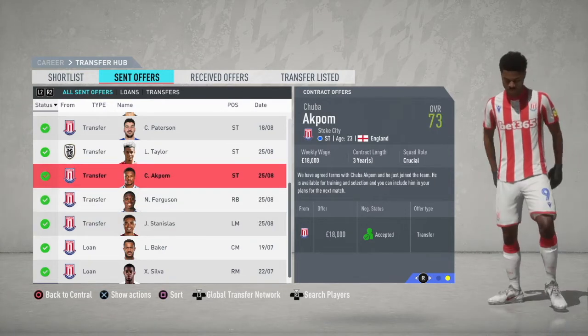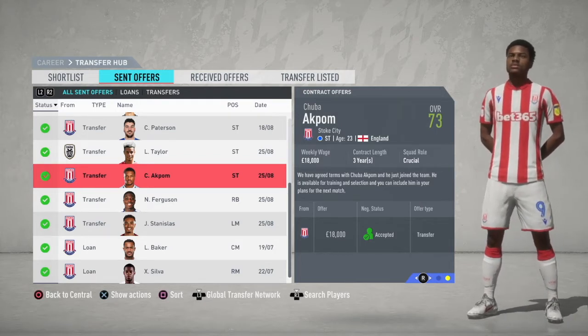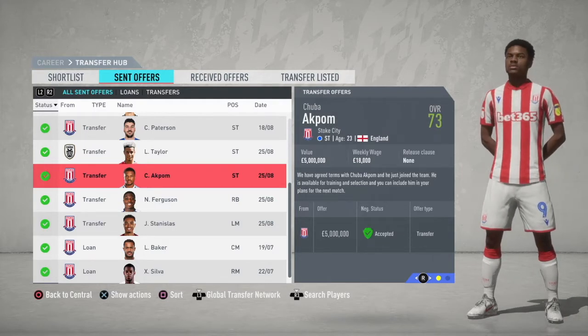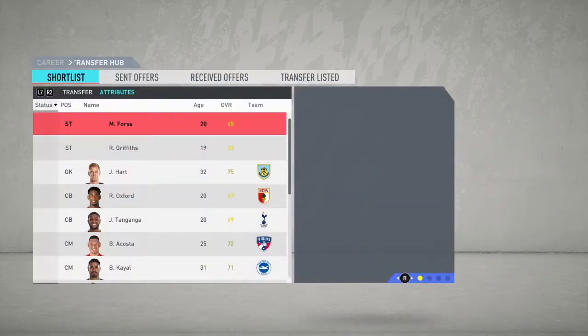And also, Chuba managed to swap them with Lyle Taylor. So Lyle Taylor's gone over to Greece with PAOK. We've got Akpom instead, and we've transformed them into a promotion challenging side. We really, really have. I mean, I'll just go back into there just to show you how many signings we